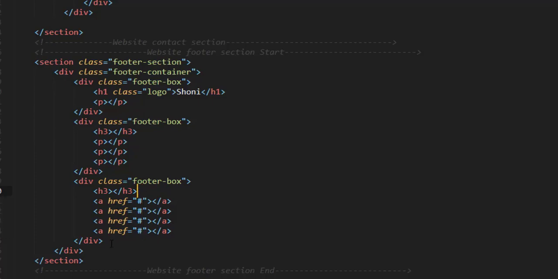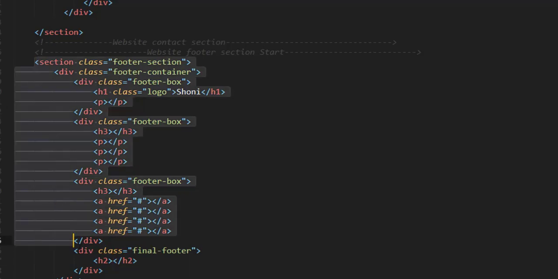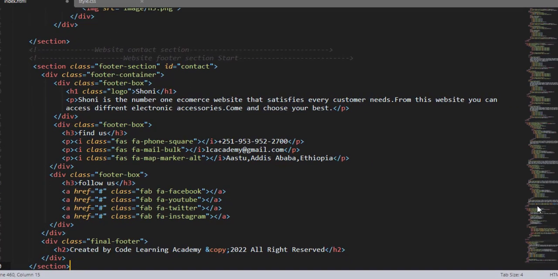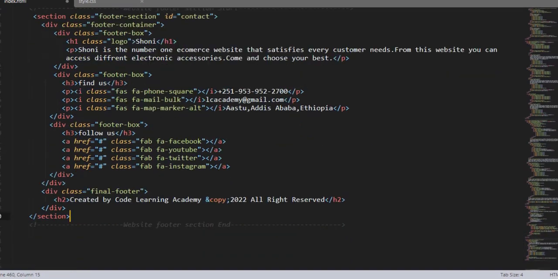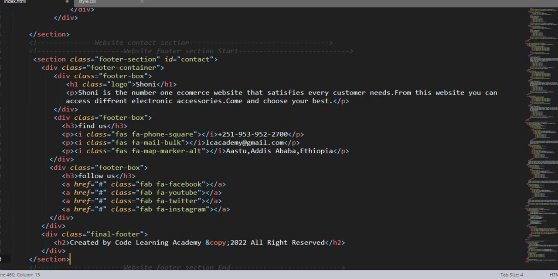Okay, and then we are going to have the final footer, and to save your time it's better to add it offline, right? Here we have it. That is it. So here is the footer section, having a footer section class selector, footer container, and footer box logo,